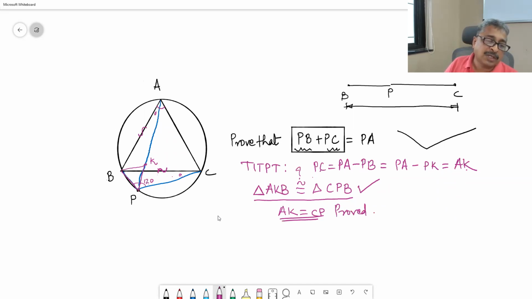Now you can construct an equilateral triangle on this side like this, and then KB is equal to PA. You can construct an equilateral triangle like this, constructing a segment equal to PC on this side, and complete the triangle. Then this is going to be equilateral on this side. Still you will get it. Where else can you do it? You can select a point K here and construct an equilateral triangle like this, and you show AK is equal to PB, something like that.